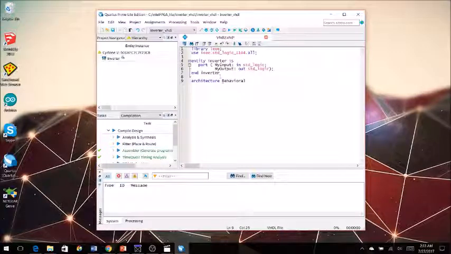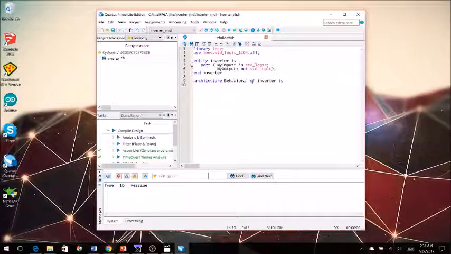I'm just using this as a way to easily describe what I'm doing, but you can write anything, any name here. It doesn't have to be behavioral. And so we're going to do architecture name of our entity name, inverter,